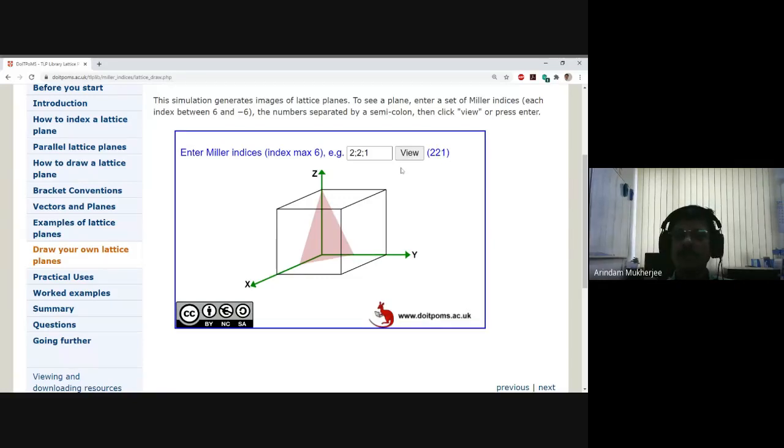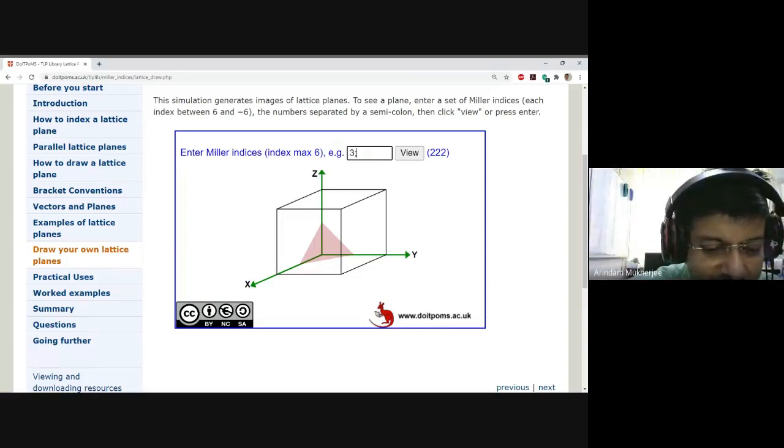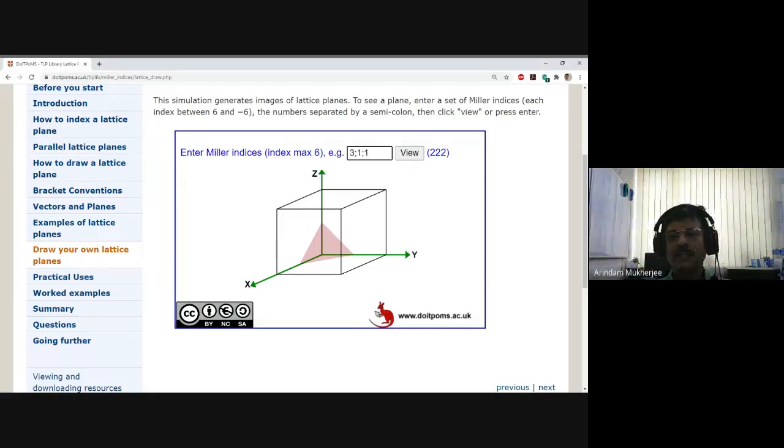There we go. Now I make this one also 2. So then this should be here. There we go. This is a half intercept. So 2, 2, 2. Reciprocal, right? Half reciprocal, 2, 2, 2. I say 3, 1, 1. 3 means what is the reciprocal? Intercept will be where? Anybody? Come on. It should be faster.